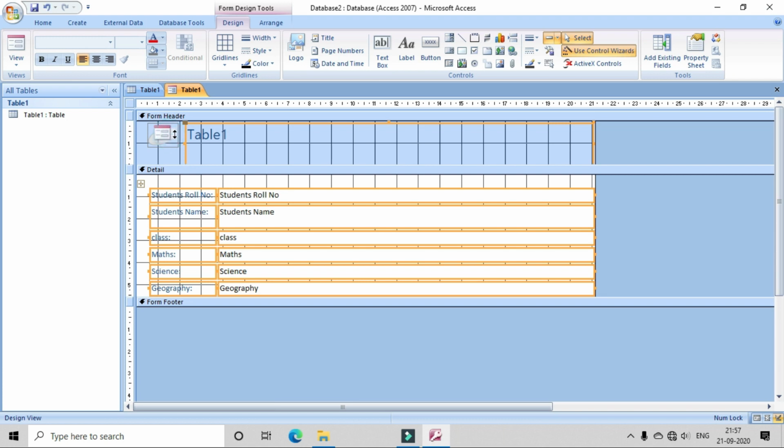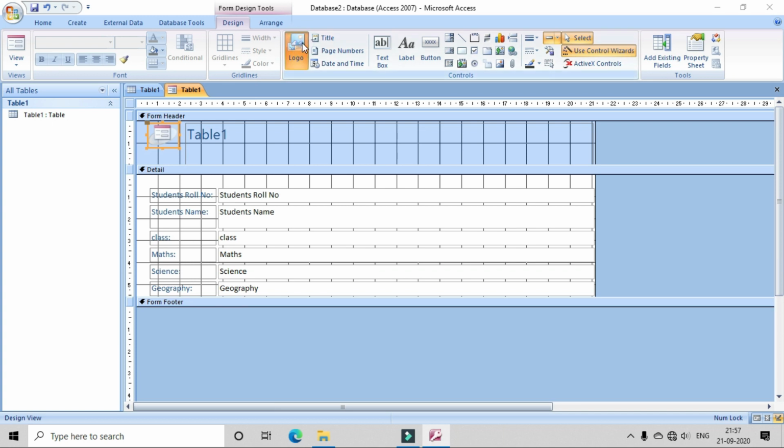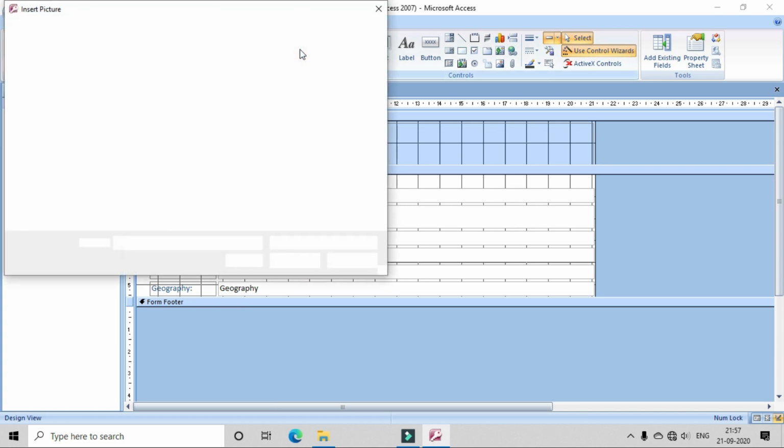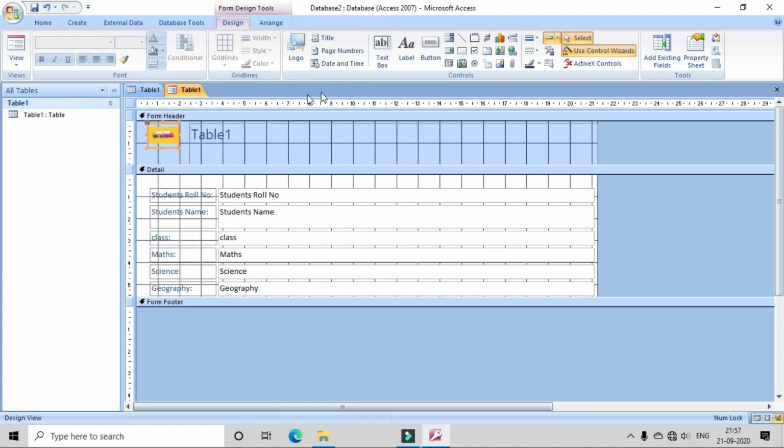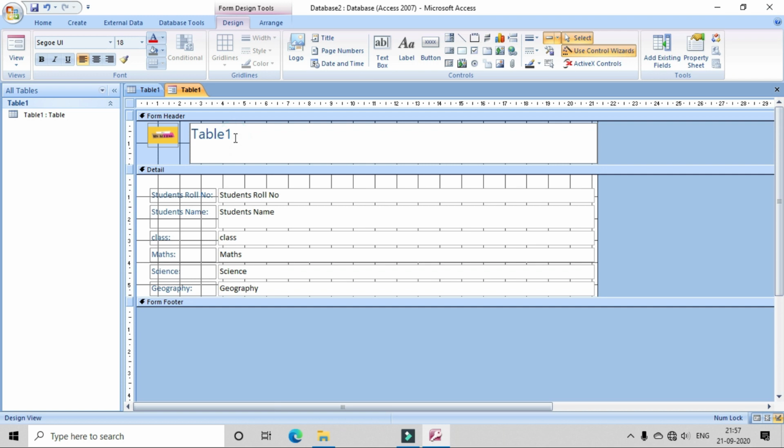Suppose you want to enter a logo to your form, you have to click here, go to logo. Suppose select a default picture here, okay. Here you can enter the name of this table, suppose students information, okay.